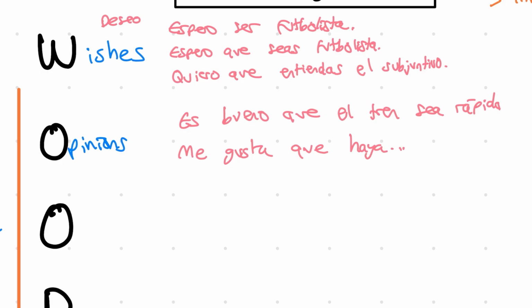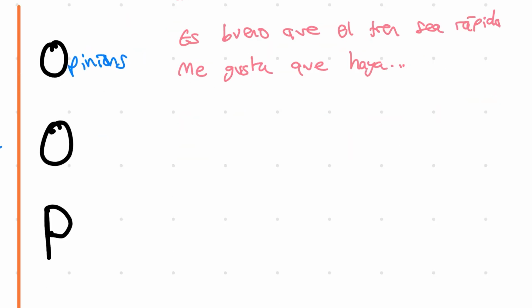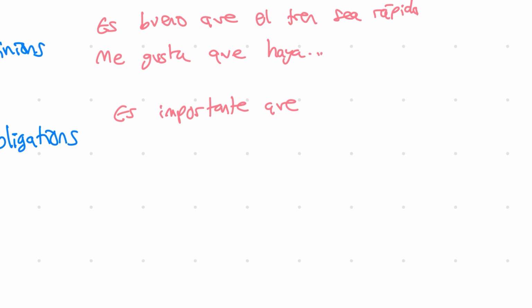Obviously, you can swap out me gusta for me encanta or anything else, and then es bueno. Bueno can be any other adjective, interesante, etc. Any adjective there. Okay, so let's keep moving through this. The next O is for obligations. Just like we had es bueno que, I can say, let me do this in pink. Es importante que. It is important that, I could say hagas, that you do, or es necesario, it is necessary